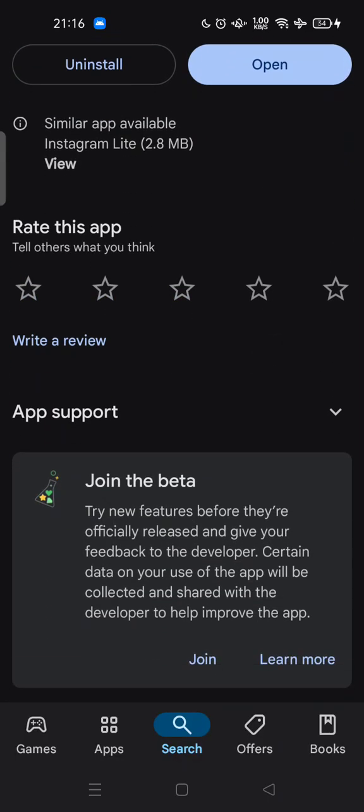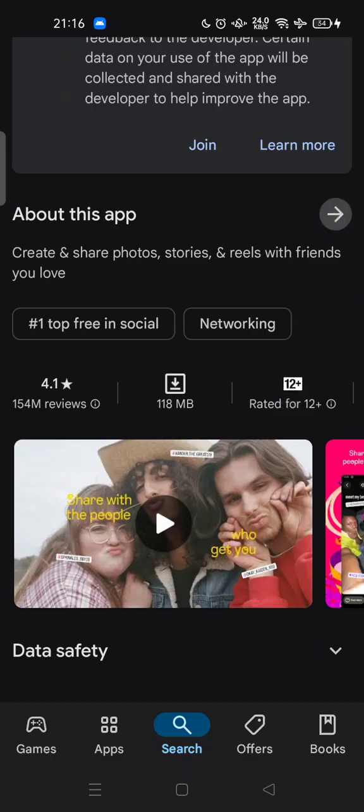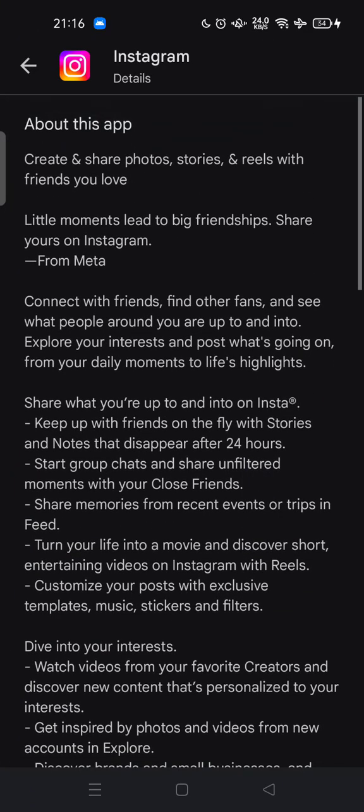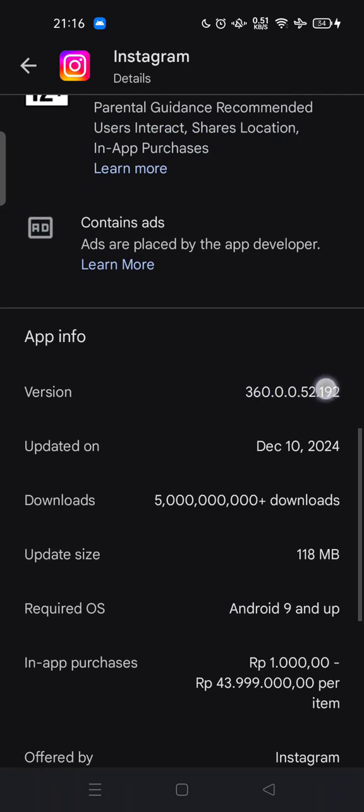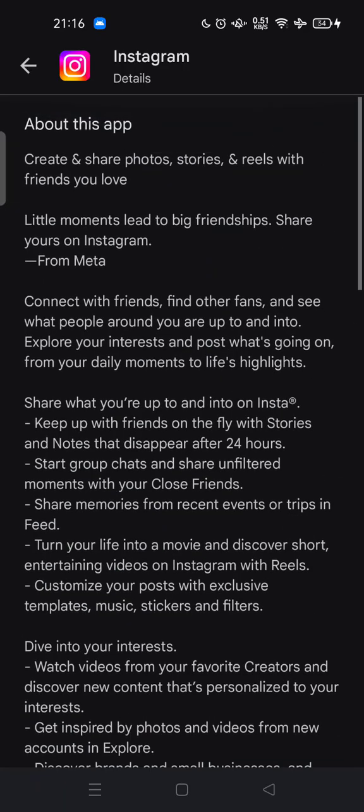Your Instagram app has to be kept up to date in order to enjoy new features, and also fix some bugs and minor issues. My last update was on 10 December on my device, and this is the version. So after the update,